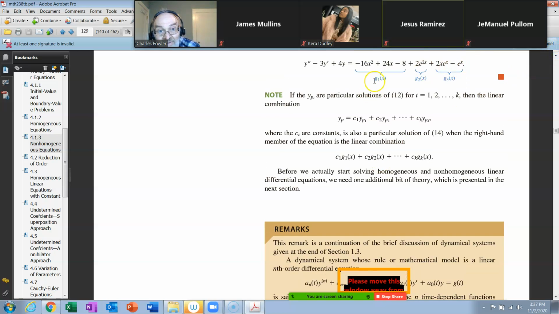If you have this G1, we'll multiply that by some arbitrary coefficient, and then you also multiply your particular solution by that same arbitrary coefficient. Multiply this one by some other arbitrary coefficient, and your CP2 will be that same C2 times the P2 will